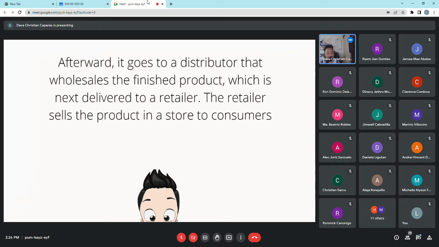Or pwede naman bumili directly kay manufacturer, di ba? Tama naman yon. Wala namang problema doon. But, it is not all the time that it is possible, no? Kahit pa sabi sa Luke 1:37 that nothing is impossible, no? Okay? So, pwedeng hindi. For what reason? Let's say, for example, the manufacturing company is outside the borders of the Philippines. Let's say, nasa China. How can you be able to buy from that company papunta dito? Still, you will need someone to transport that, distribute that here in the Philippines. So, kailangan mo pa rin ng middleman.